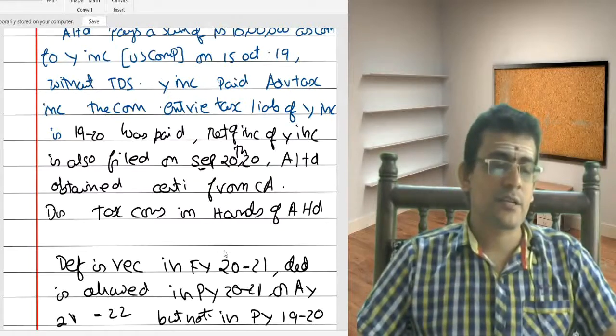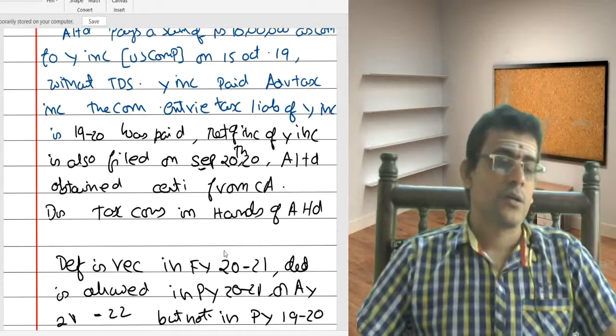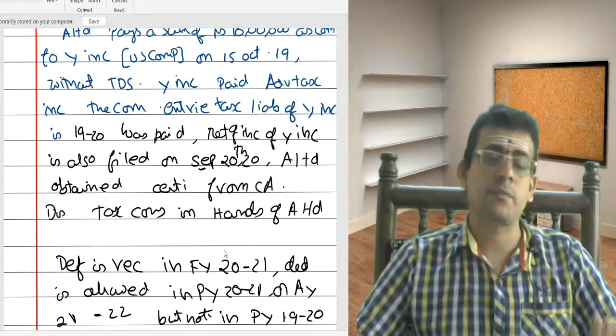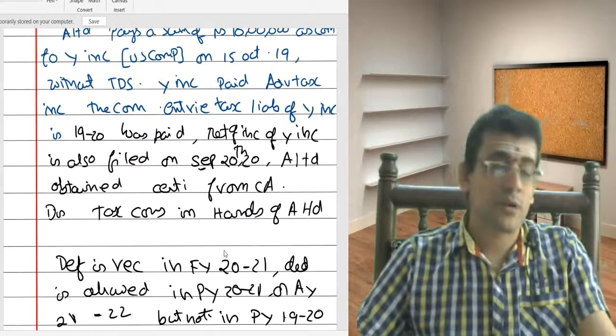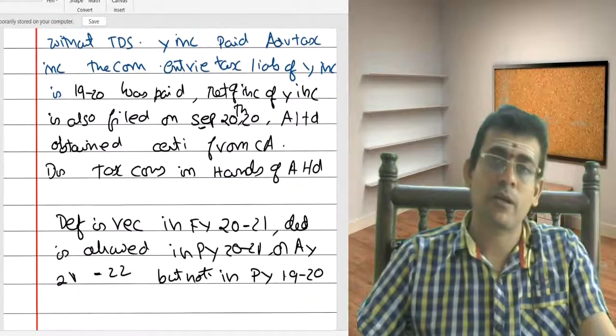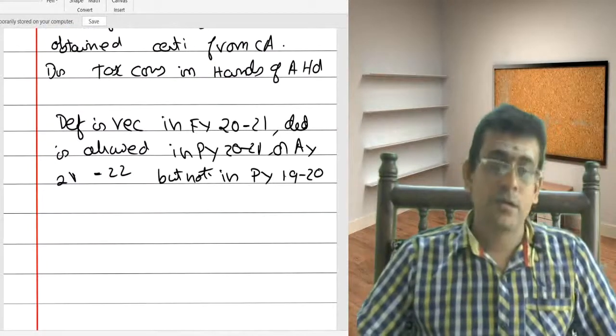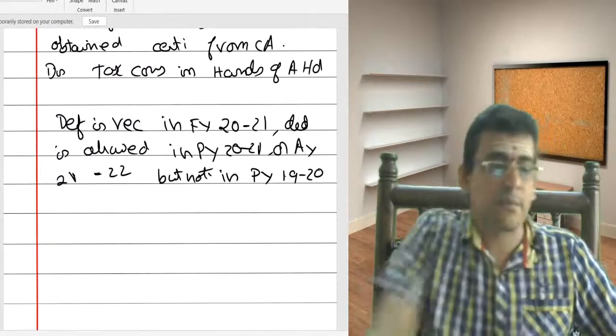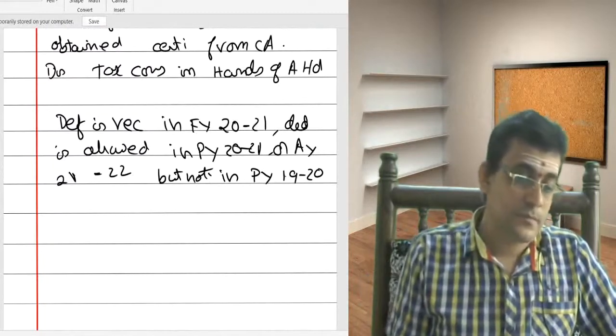So the financial year is nothing but 2021. The financial year is 2021. So you can take that as deduction in 2021, but not in the previous year 1920. That's the interpretation for your section 40A subsection 1. Now let us quickly move on to the other section, 40A subsection 1A, which is also very simple. So let us quickly close this.